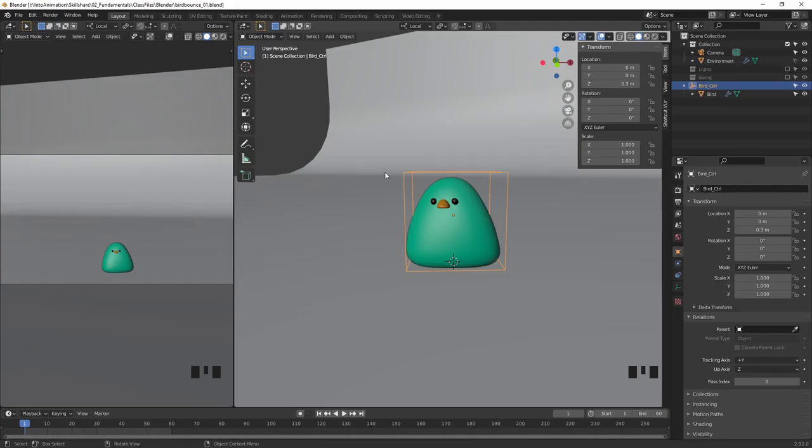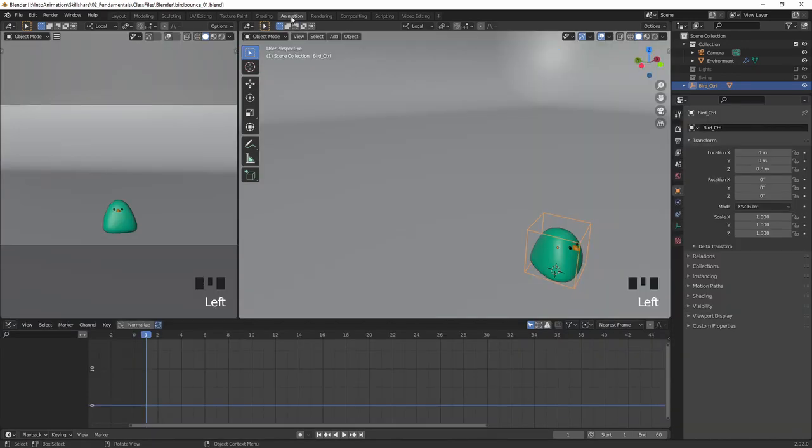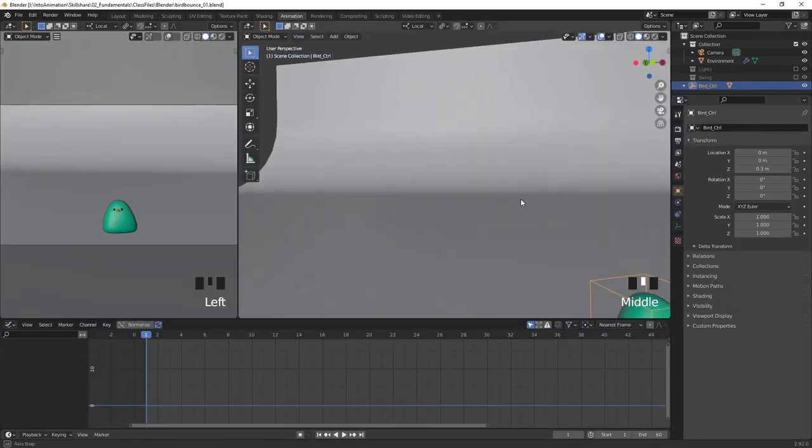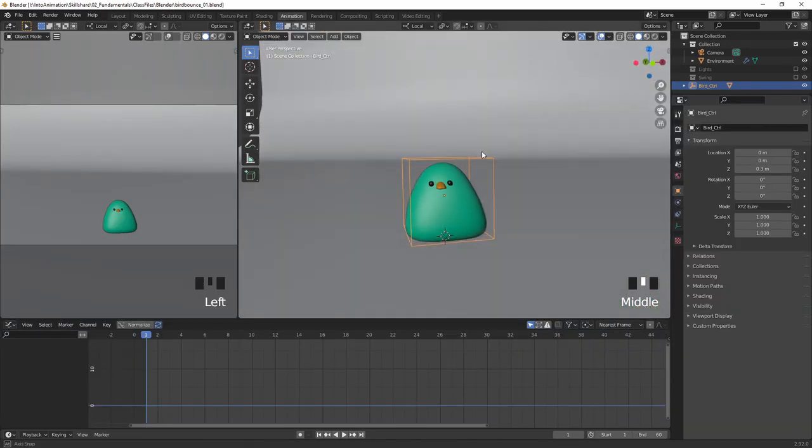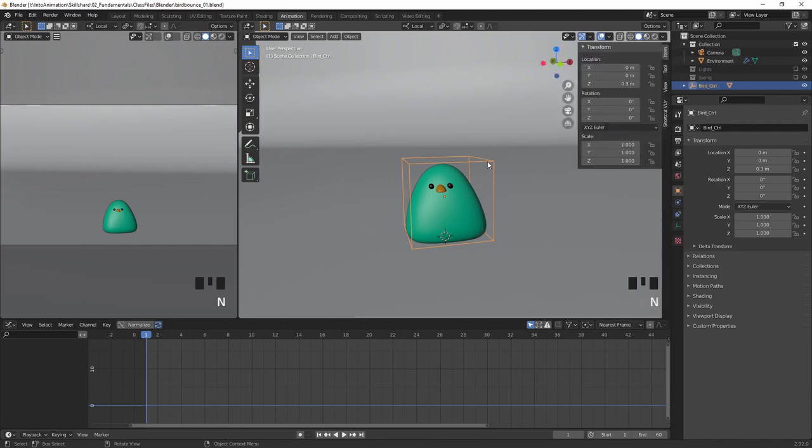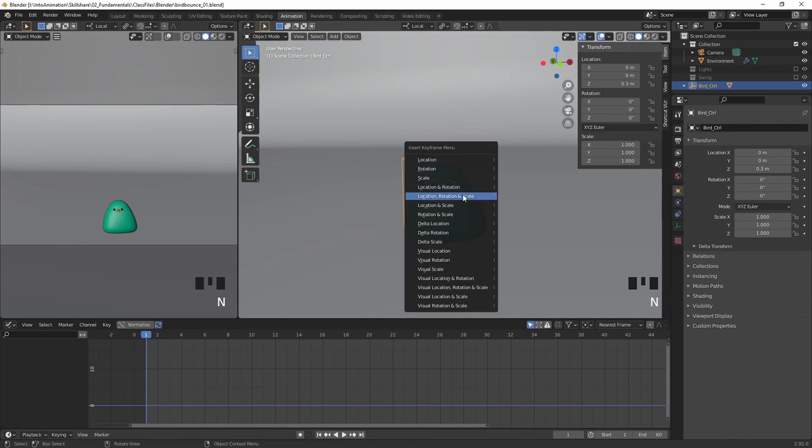We're now ready to animate, so we're going to go up to the top and click on the animation workspace. I'm going to hit the N key to open up my transform panel, and the first thing that we need to do is to record a keyframe on this first frame. So with my bird control selected, I'm going to hit the I key, and then I'm going to hit location,